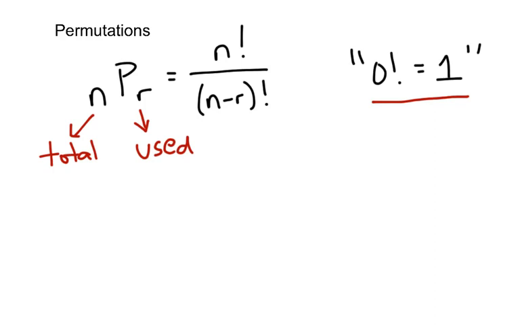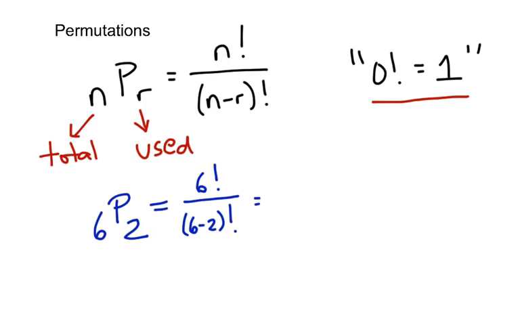Let's say that we want to find the permutation of 6 things taken 2 at a time. What that looks like is this: 6P2. That is a permutation of 6 things taken 2 at a time. We can see that 6 is where the n is and 2 is where the r is, so we're just going to plug those into the formula and have 6 factorial over 6 minus 2 factorial, or 6 factorial over